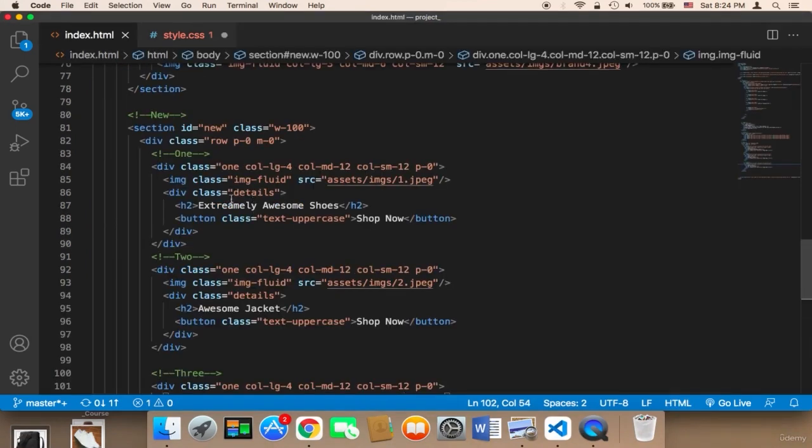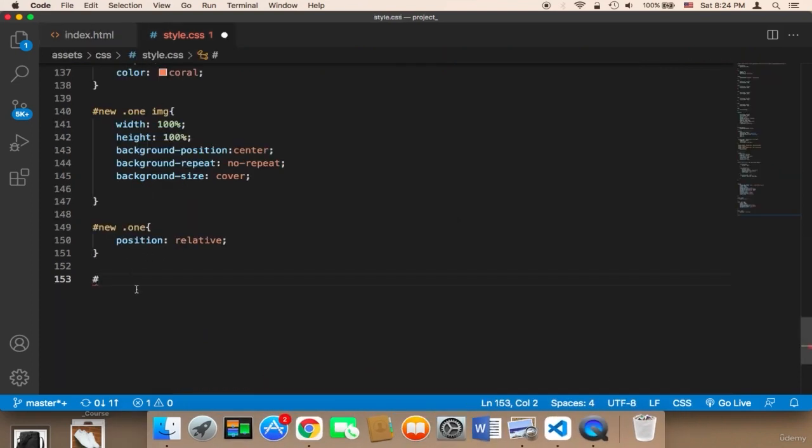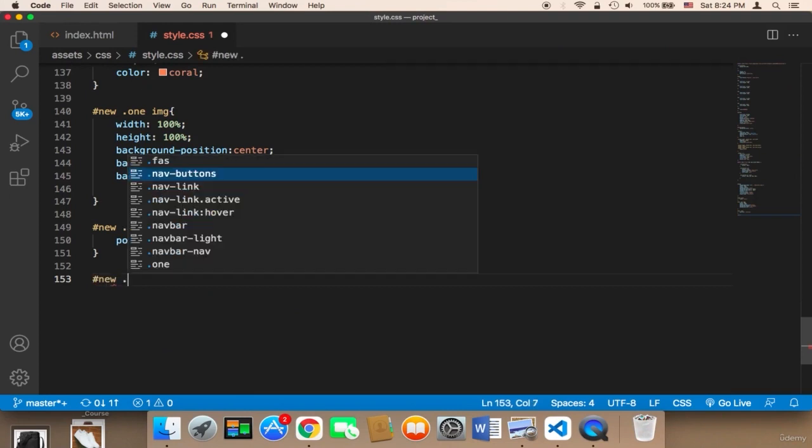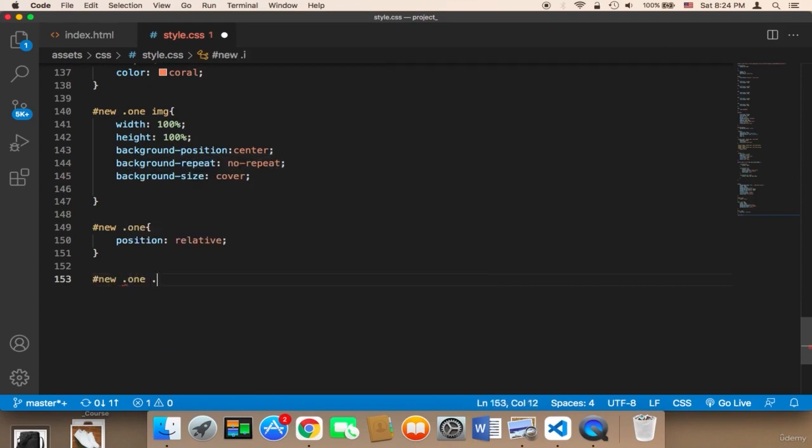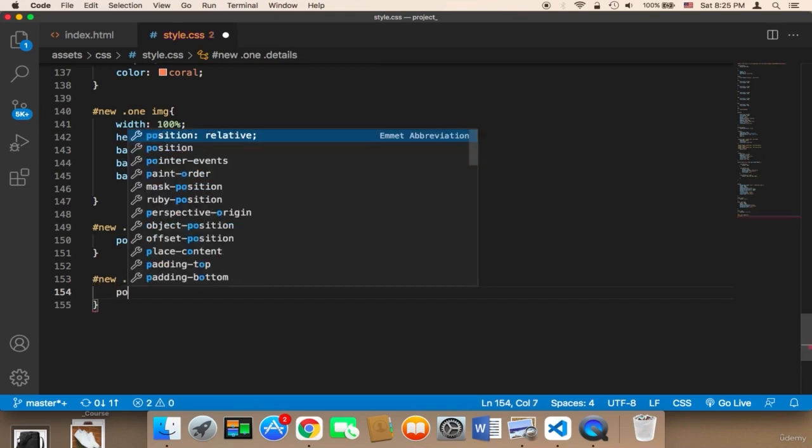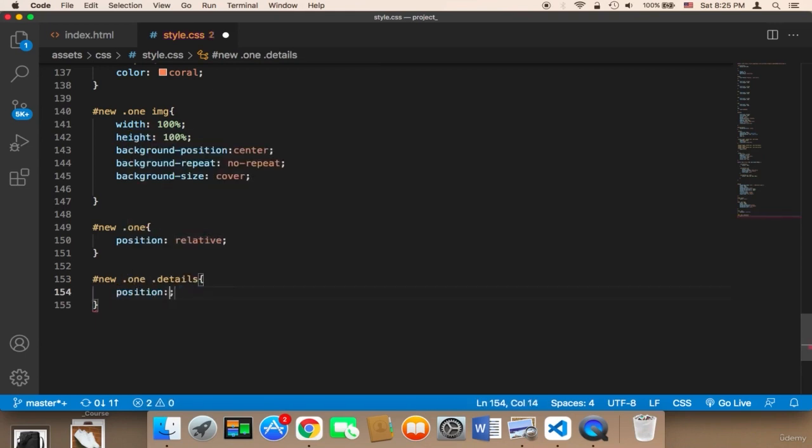Remember, this details is below the image, and in order to display the details above the image, we need to say new, and then .1, and then .details. We need to change the position. So I'm going to change the position to absolute,